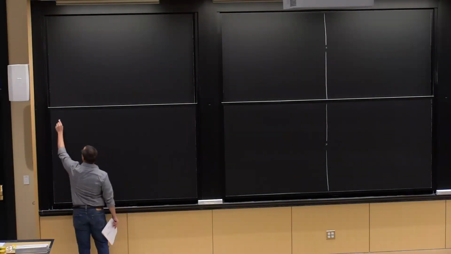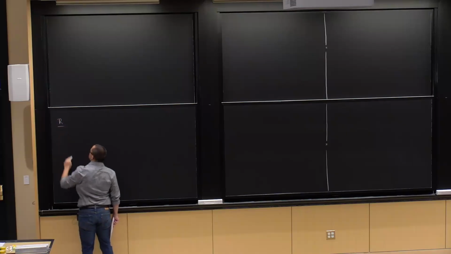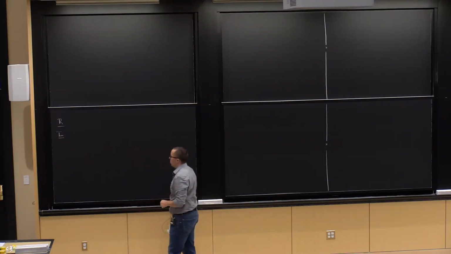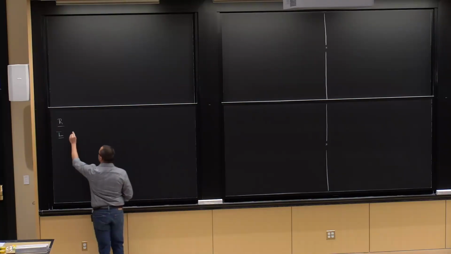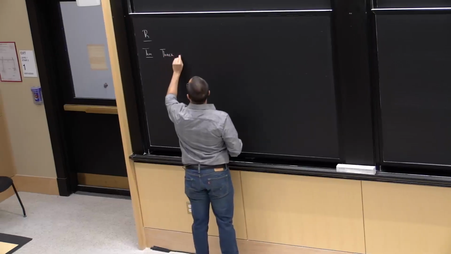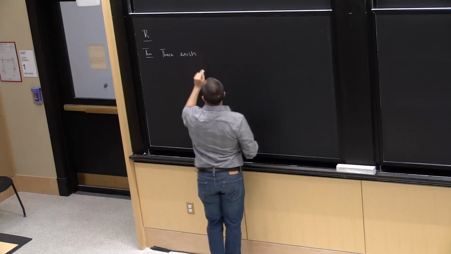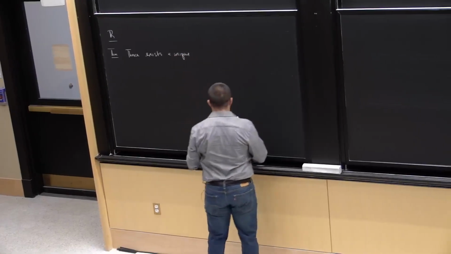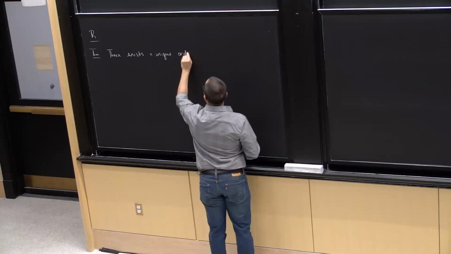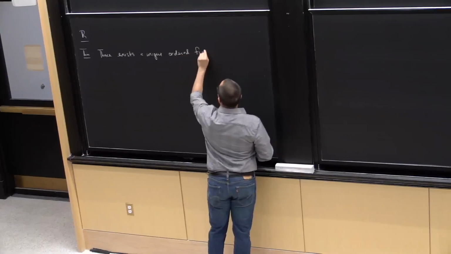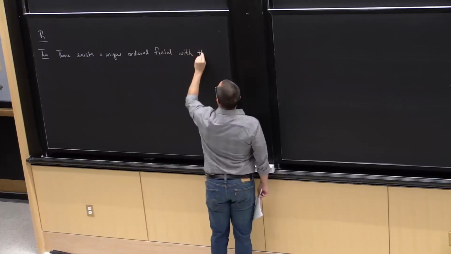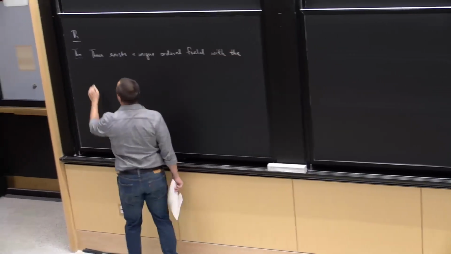Last time we were talking about the set of real numbers, and I stated the following theorem about the existence and properties of R that make it special. The theorem is: there exists a unique ordered field with the least upper bound property